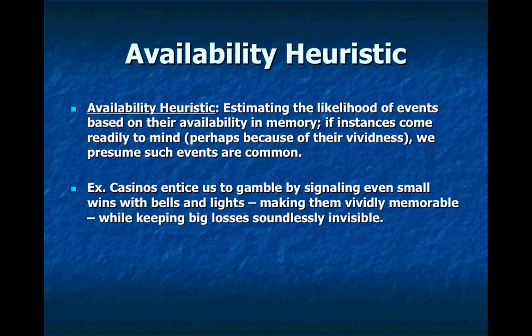The next type of heuristic is called the availability heuristic. It's when we estimate the likelihood of events based on their availability in memory. If instances readily come to mind, perhaps because they're so vivid, we presume that events are common, when in fact they're not. In class today, we practiced a lockdown drill, and we talked about what potentially could happen if there